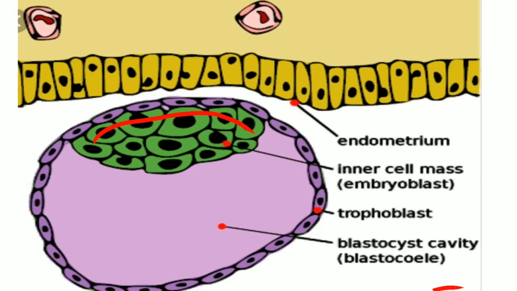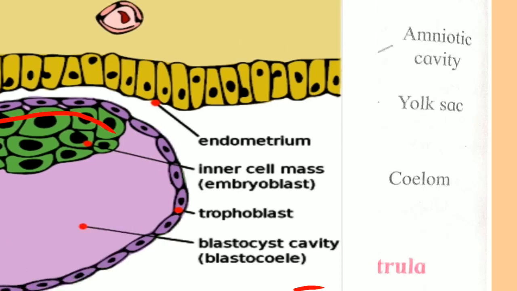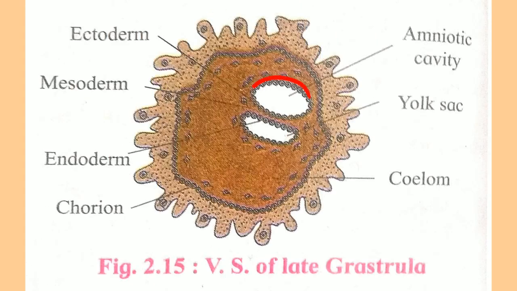From the epiblast cells, it divides again to form a cavity, and this cavity is called the amniotic cavity. See here, from this epiblast cell the amniotic cavity is formed, and from this hypoblast cell the yolk sac gets formed. So formation of the yolk sac and formation of the amniotic cavity occur during gastrulation from the epiblast and hypoblast cells of the blastula. The floor of this cavity has the embryonal disc.